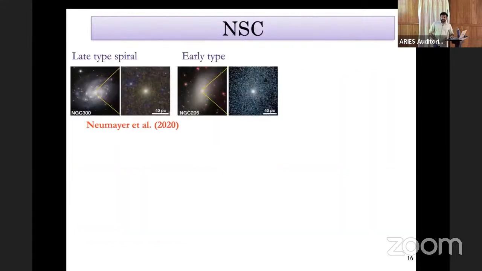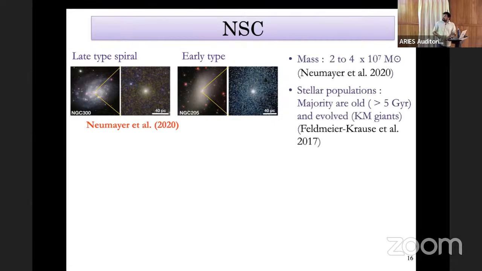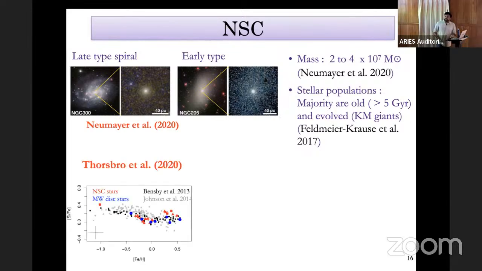So coming to the nuclear star cluster, as I mentioned, this is a very elusive structure, but it is actually found in almost all types of galaxies, like the late type spiral galaxies as well as the early type complex galaxies. In the case of the Milky Way, this has a stellar mass of around 10⁷ solar masses, and the population is found to be mostly old and much evolved, like the K and M giant stars. But there have been a very handful of studies which have carried out observations in this region, in the nuclear star cluster. And for some reason, they have found that there are high alpha abundances at supersolar metallicities